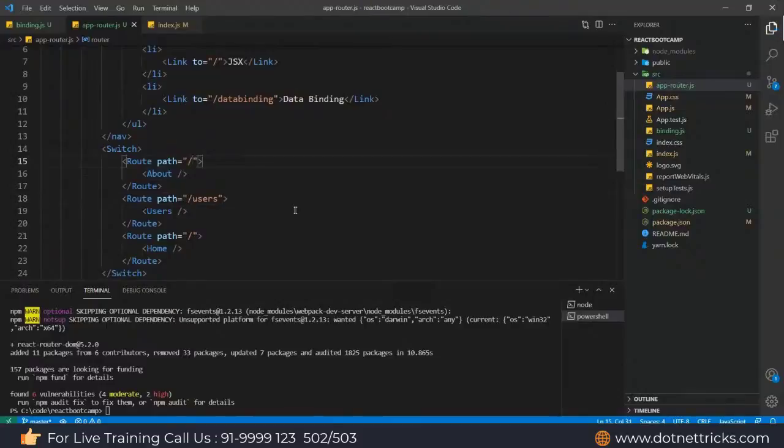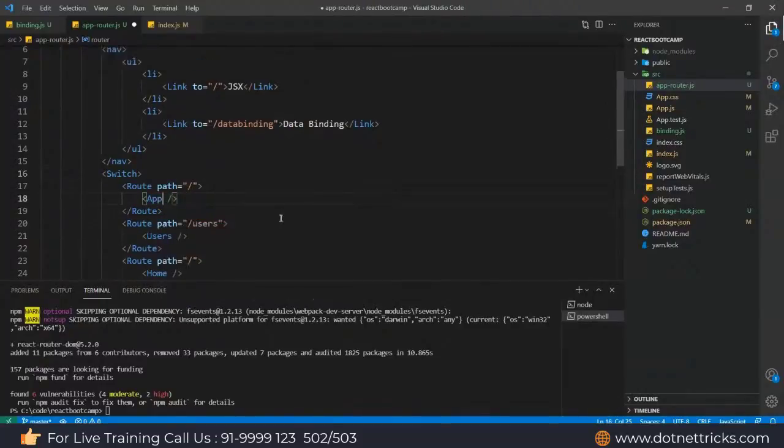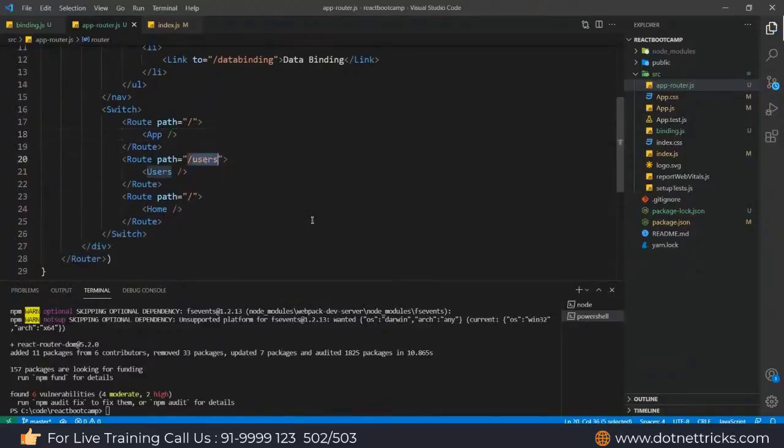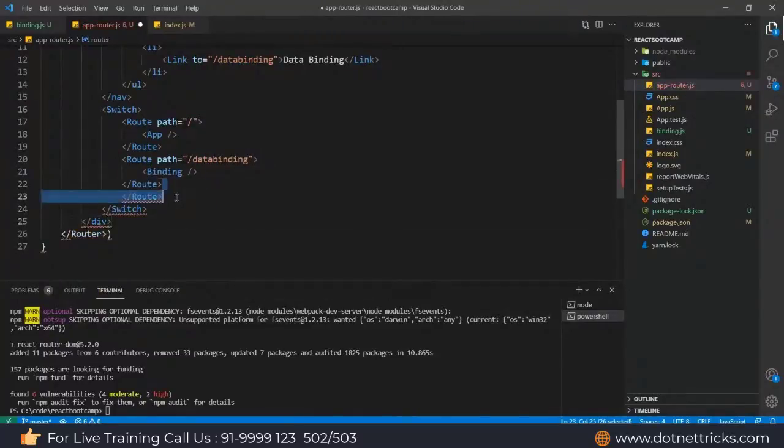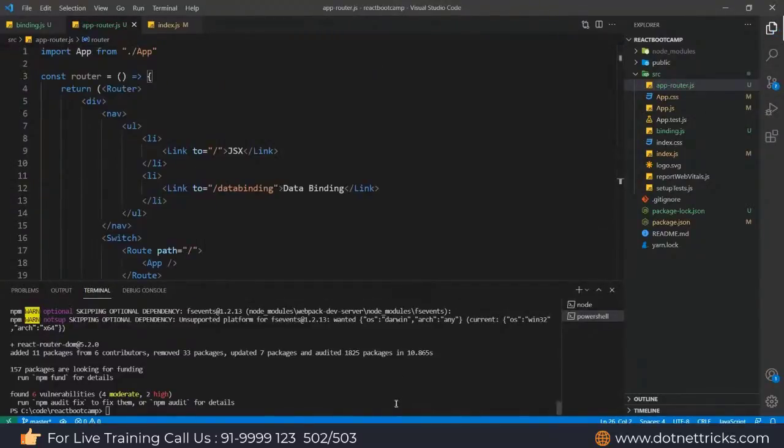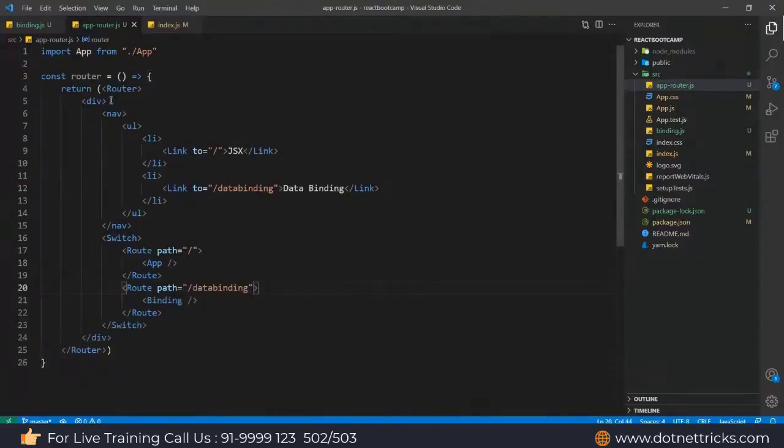At the home route, I'm going to import the app component. For the path data binding, I'm importing binding this way. So this way we added the things there.